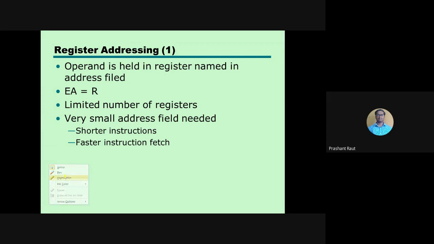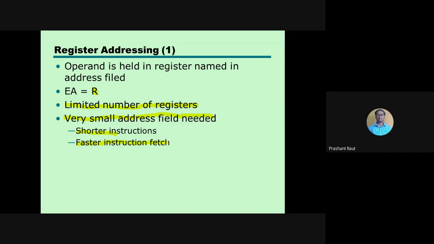So what is the effective address here? That is nothing but the content of R. R is the register. We have a limited number of registers, so this is again a limitation. A very small address field is needed, as well as the instructions will be shorter and the instruction fetch faster.